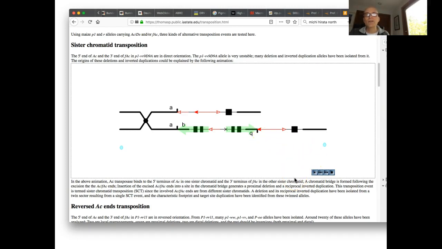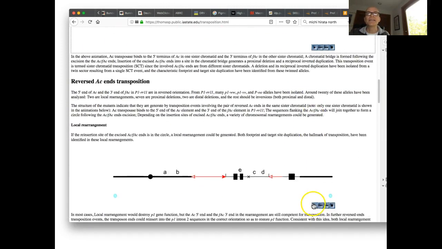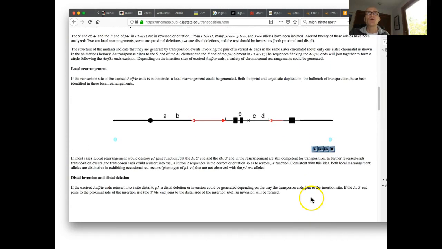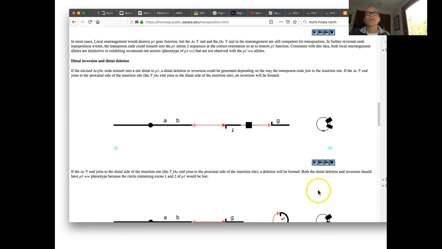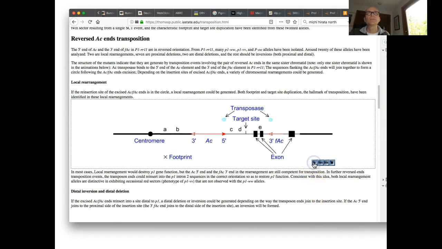I'm not expecting that you remember and that you can explain that and that you can show that or that you can verbalize it even, but I just want you to show how these weird kinds of rearrangements can occur. Here's another example. So which one did I want to show you? This one here. So